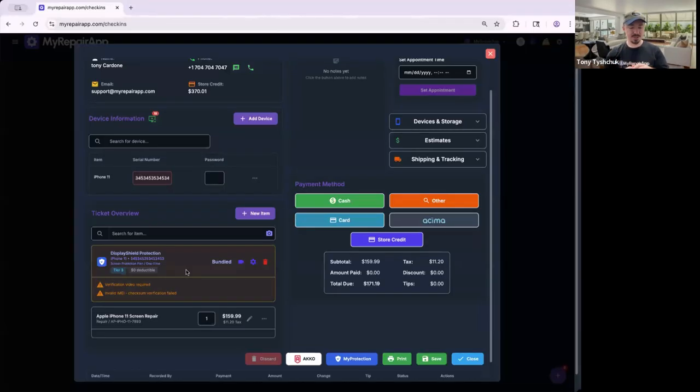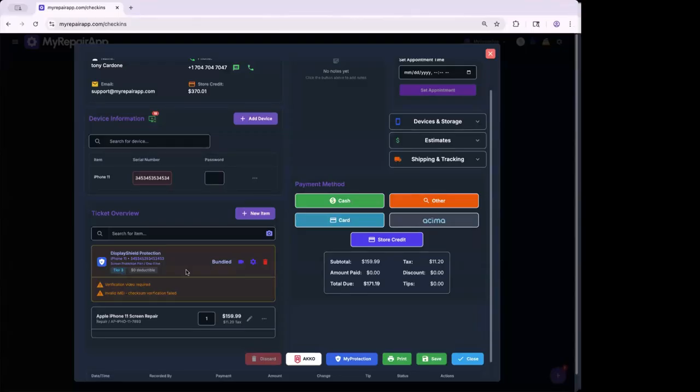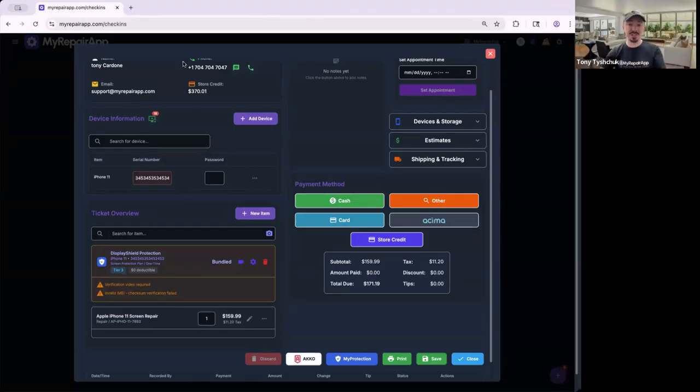What do I mean by that? So this protection film that we have, or whatever you're selling them, is so great. If we fix this device and if the screen itself on the phone breaks within the next year, just bring it back, we'll fix it for free. Or you can choose, by the way, a deductible. In MyRepairApp, you can choose to charge a deductible of either $0, $29, or $49. I think zero sounds better than $49, but it's optional, and you can set that up, and once you do, it's set. And so you can just tell your customers, hey, with this screen protector, you get a 1-year guarantee